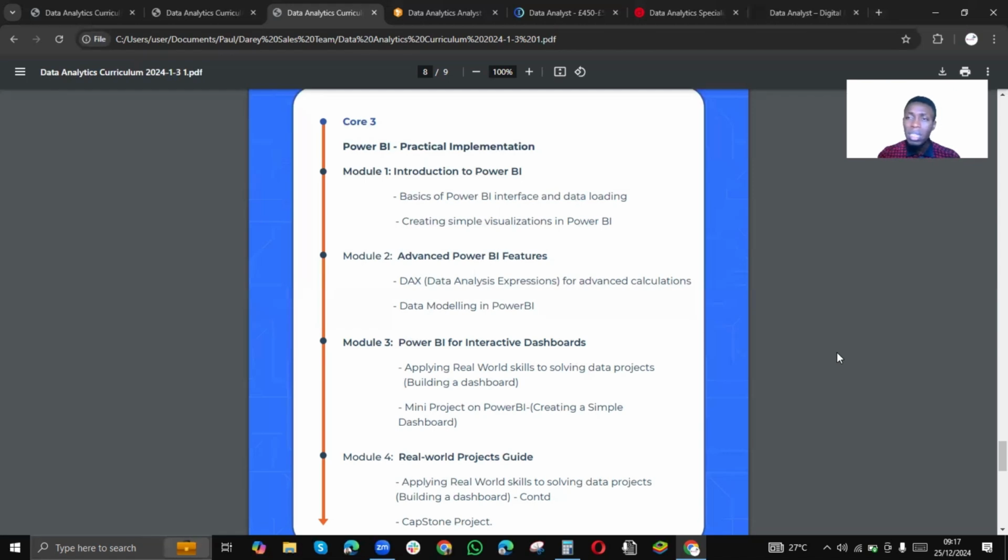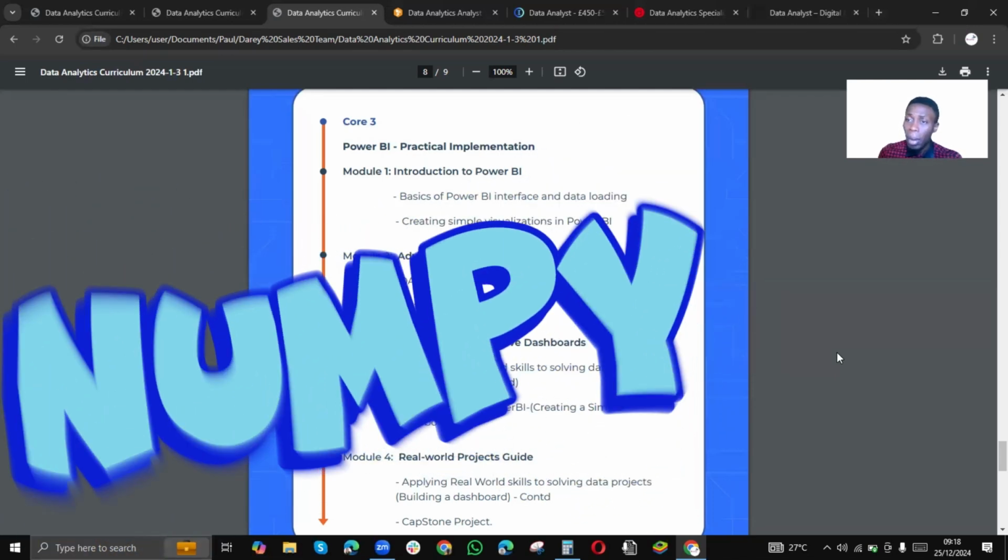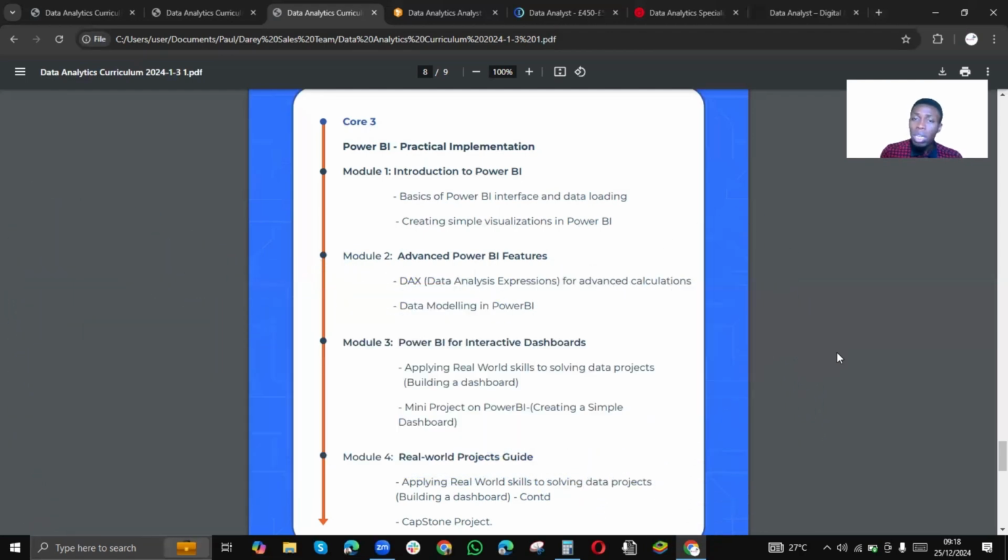But guess what? Some platforms or training centers don't include Python in their curriculum. Do you know why? Python and some other statistical models are only involved in data science. It is when you want to do data science that you see the curriculum including Python and other statistical models like SciPy, NumPy, Pandas, etc. But the truth is, as a data analyst, you need to include Python. You need statistical models even in your training, if possible. And there are reasons to this effect.